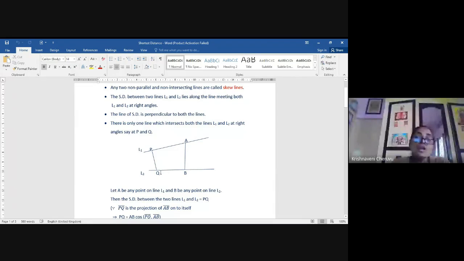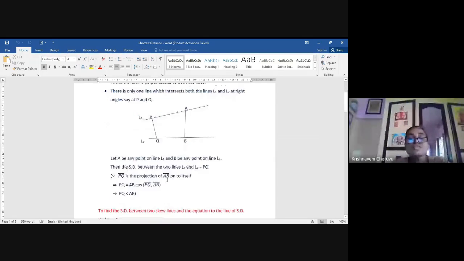You will be given both the lines either in symmetric form, both the lines in unsymmetric form, or the third variety is one line in the symmetric form and one line in the unsymmetric form. Today, you are going to learn how to find the shortest distance between two lines when both the lines are in symmetric form. So you are not only finding the shortest distance PQ, you are also finding the equation of this line of shortest distance PQ. Equation is different from the distance.